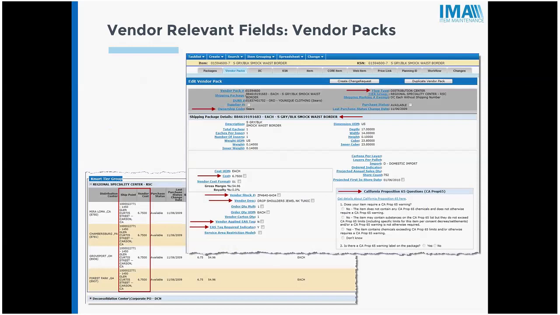Further down, you will see the vendor applied EAS tag and required indicator. We did talk about the EAS tag on the item tab because there is a field for it on there as well. So just make sure that these do coordinate across the tabs. Over to the right, you will see California Prop 65 questions. And then finally, down at the bottom of your page, if your item has tier groups, you will see your